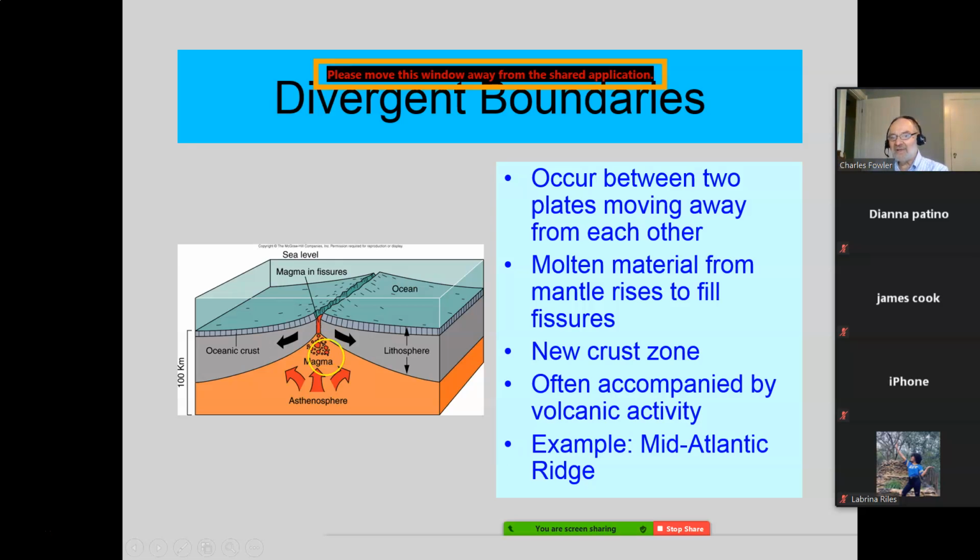Now notice what they indicate. This is the asthenosphere down here. That's why they labeled this. Now they've shown it way, way, way thicker than the lithosphere is here. This is just for illustrative purposes. It's not really that much thicker. In fact, it's probably very much thinner. However, it could be bulging here because it has places for that magma to go.